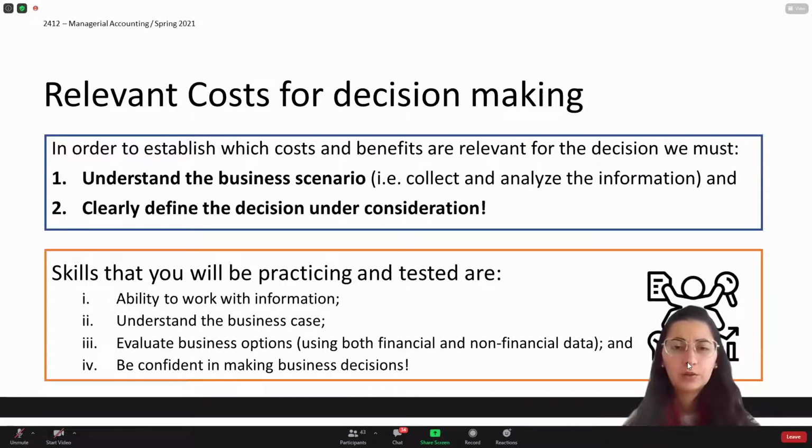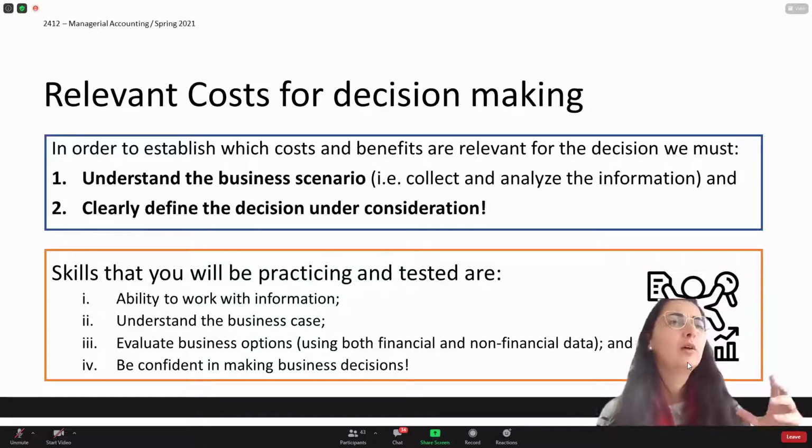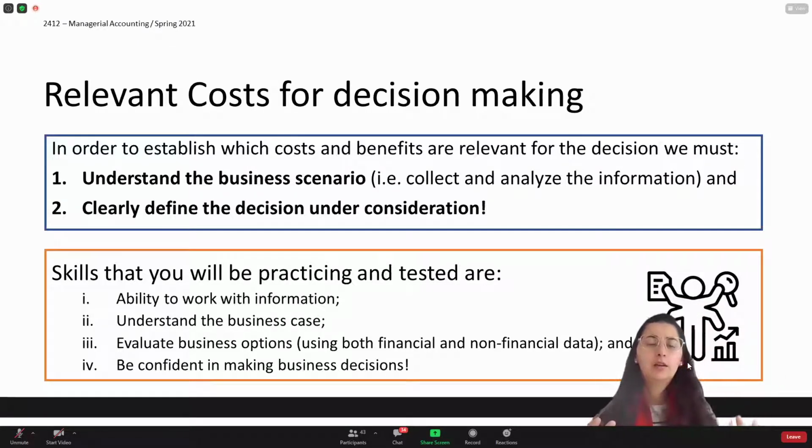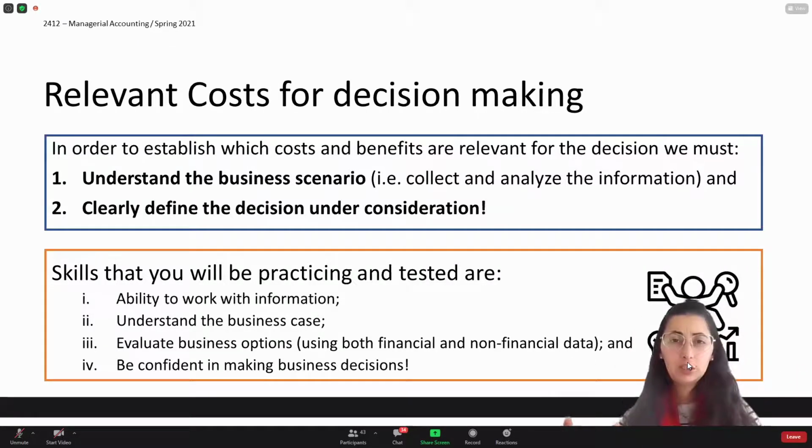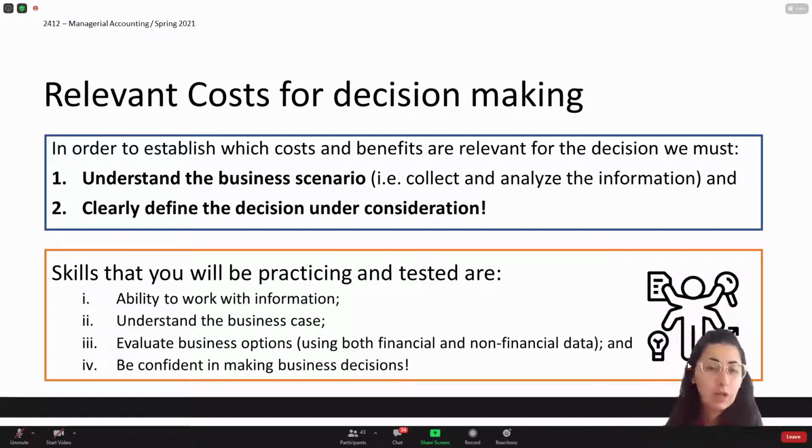So, relevant costs. In order to establish the costs that are relevant for the decision that we want to make, we have to understand two things. First, we need to understand the business scenario. If we want to make a decision, we need information, and obviously there's a lot of information available around the world. But we only want relevant information for the decision that we want to make. And in order to select which information is relevant,